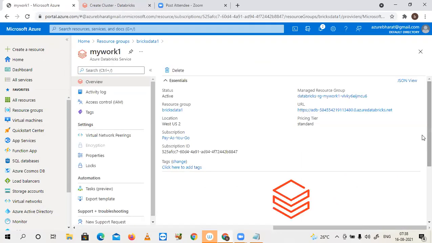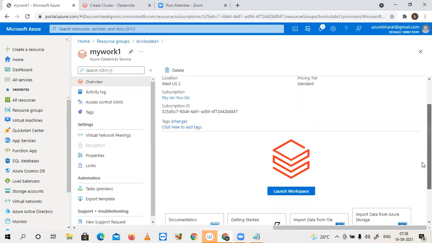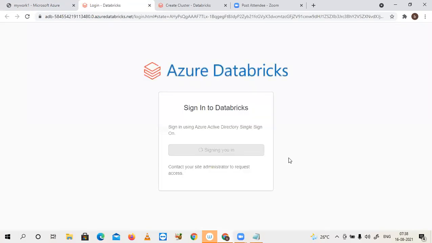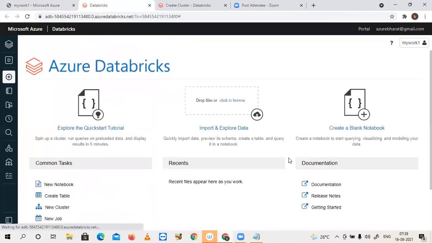Here you need to launch that workspace, then the portal will be opened for you. I'm clicking on this launch workspace. Okay, the portal is launched.